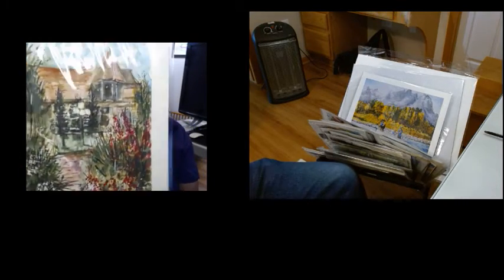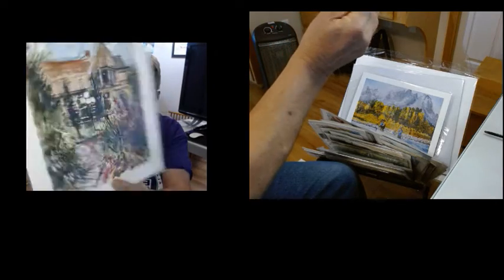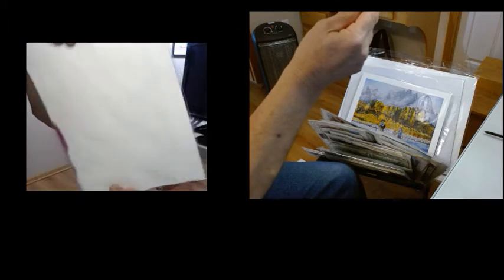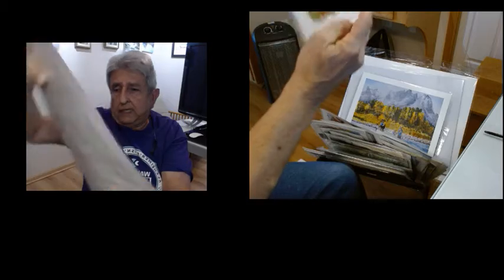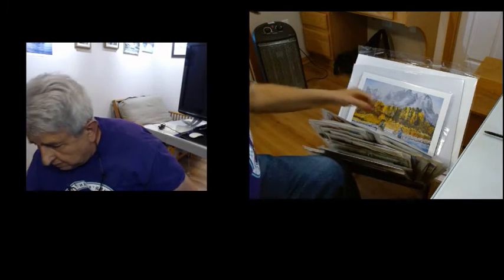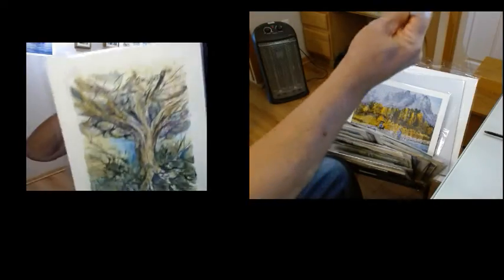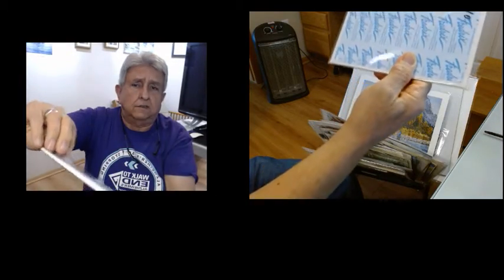Trying to get a handle on this. This is an original watercolor. I think I have like 10, 15 bucks on this. I can't remember. Whatever, it's cheap. Here's another watercolor. Here's a watercolor that I have. I have them in this plastic to protect them